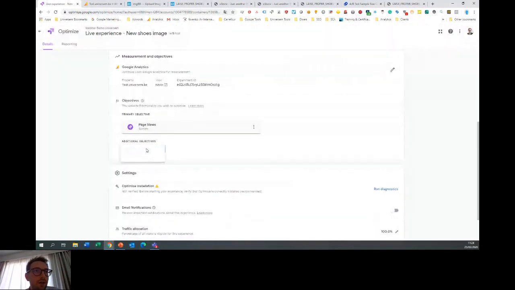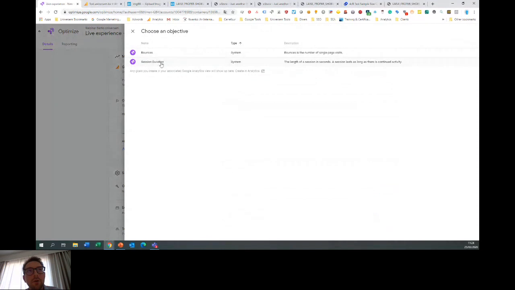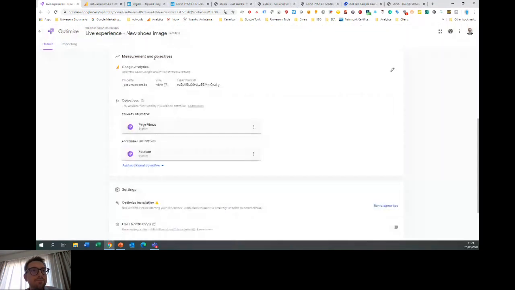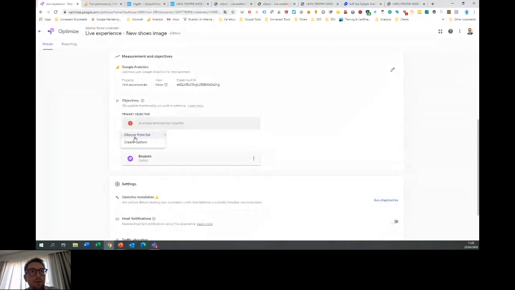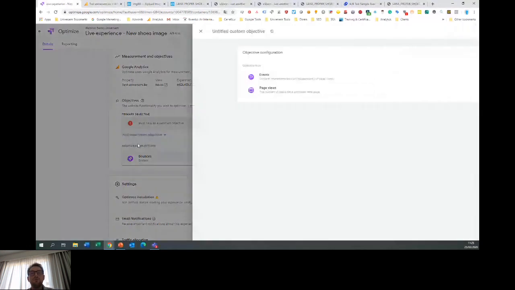And then we can also select the different secondary objectives, for example, let's say the bounce rate. If you have a specific event you want to test, so for example, here it's the number of page views, but it's probably not the best objective you could have. You all agree with that, because what we want to see is whether people click more on this picture than before. Okay, so what you can do at this moment is use a custom event that you could create